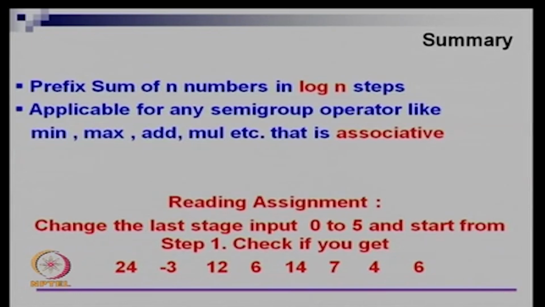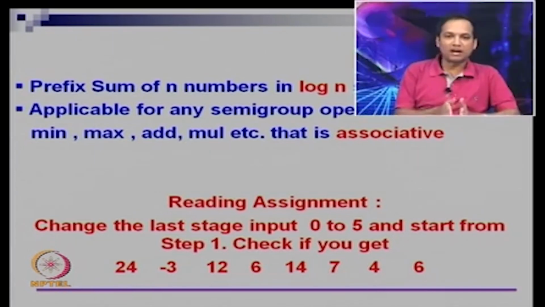So the summary is that the prefix sum of n numbers can be done in logarithm n steps, and you can do this for any operator like minimum, maximum, add, multiply, and so on, as long as the operators are associative. So instead of asking for prefix sum, I can ask for prefix min. Prefix min is, at every location, the minimum of the elements from that location all the way to the right. Prefix max is the maximum of all the elements. Prefix mul is the multiplication of all the elements from A of 1 all the way up to A of I